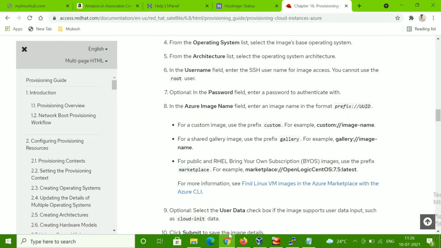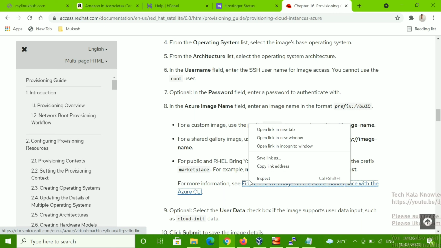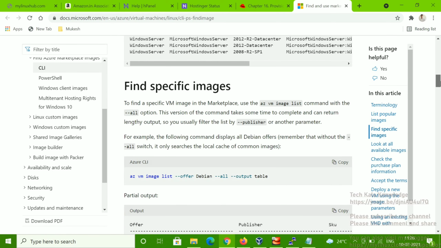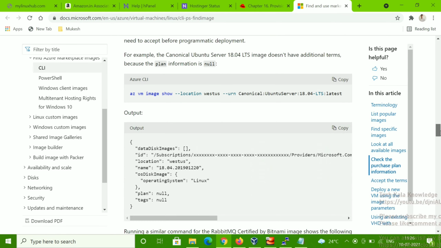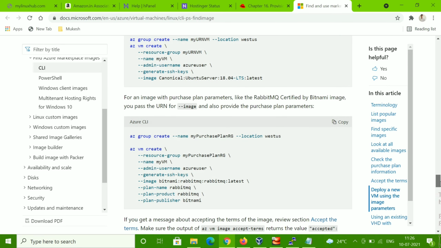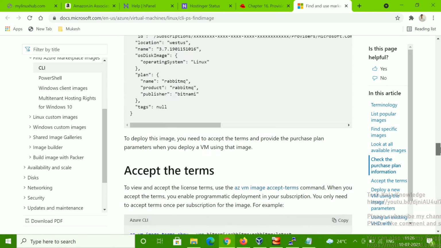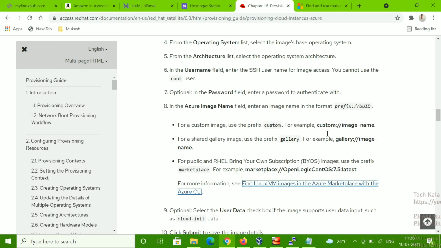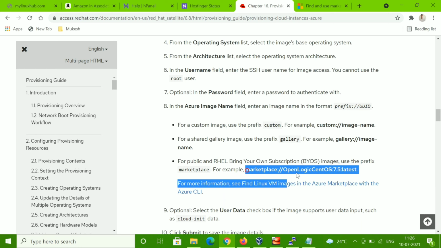Okay, so then what you have to do, for example, let me open this one. Here is some example, I will show you. Yeah, you can see, like this you will get the output in a table. So here you have to select, and once you select, then you have to give the name like this. For example, I'm just typing here.